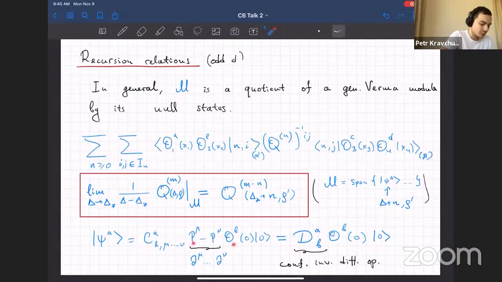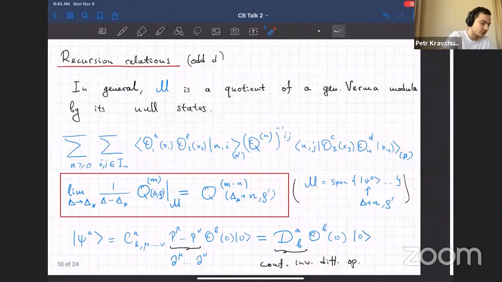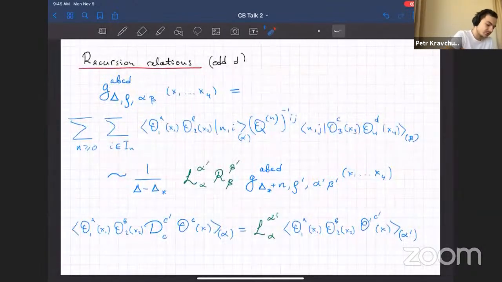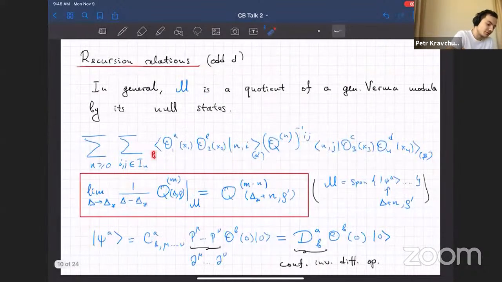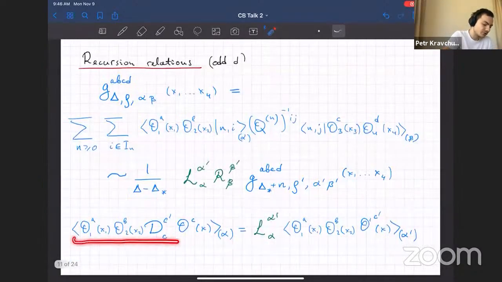And if you commute P's to the right, you'll find that they turn into derivatives. And if you interpret everything correctly, then you can check that you can express the state as some differential operator DAB acting on OB and evaluated at 0. And this differential operator is conformally invariant. And if you remember that these inner products are constructed from these 3-point tensor structures, and you plug this differential operator inside of it, you'll find that